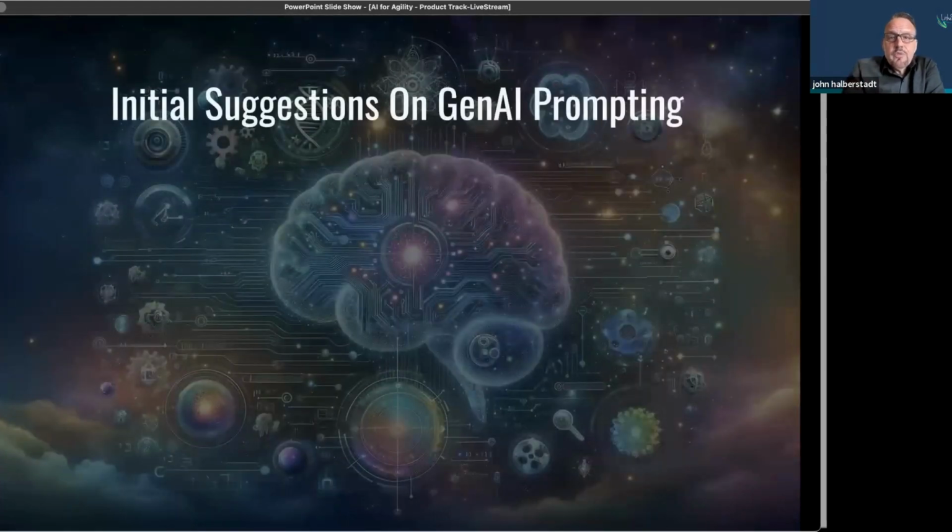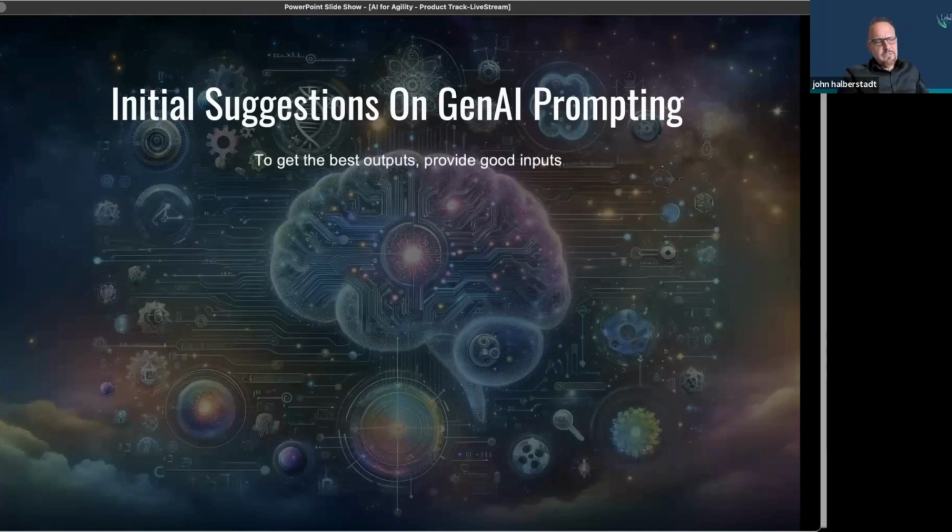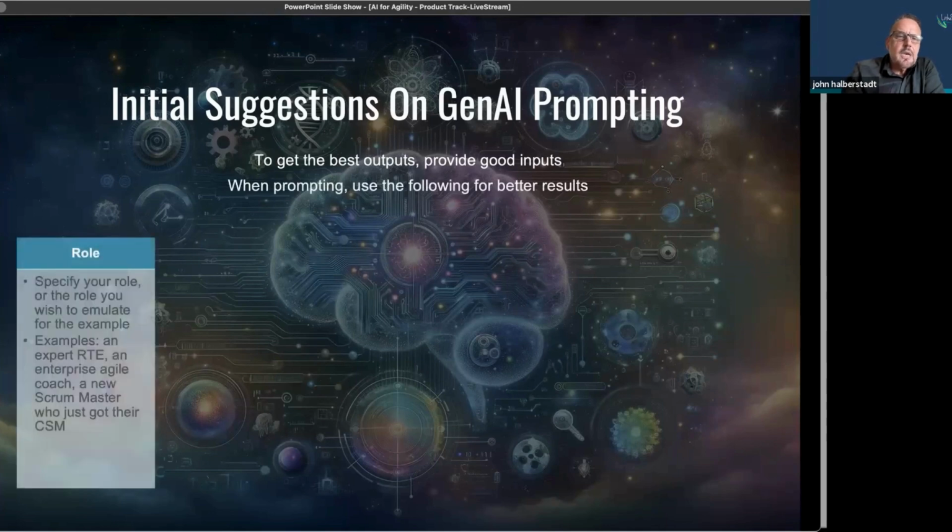So as you are moving forward, here are some other things, and you may have seen this in some of the prompts, but I want to be explicit about getting the most out of these tools. So, some initial suggestions. Back when I started a very, very long time ago, there was a term, garbage in, garbage out. That was decades ago. The same principle applies, though. To get the best outputs, provide the best inputs.